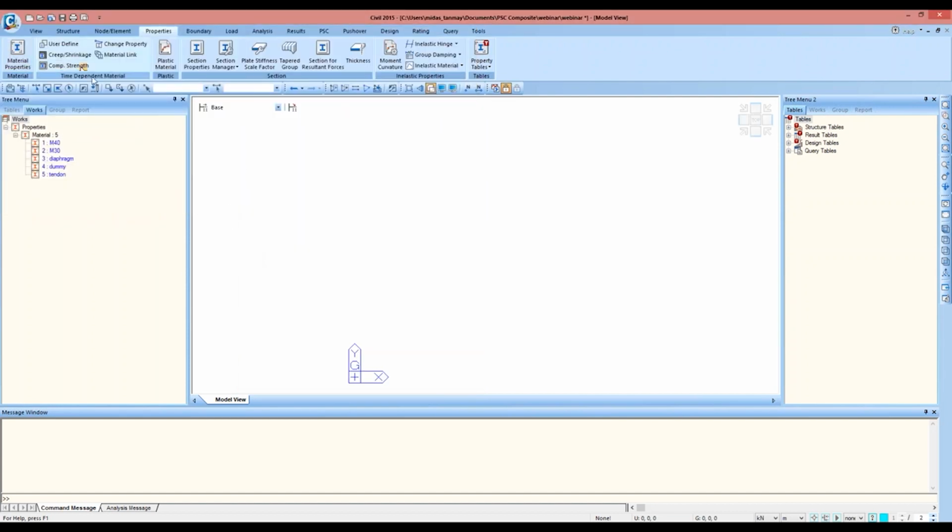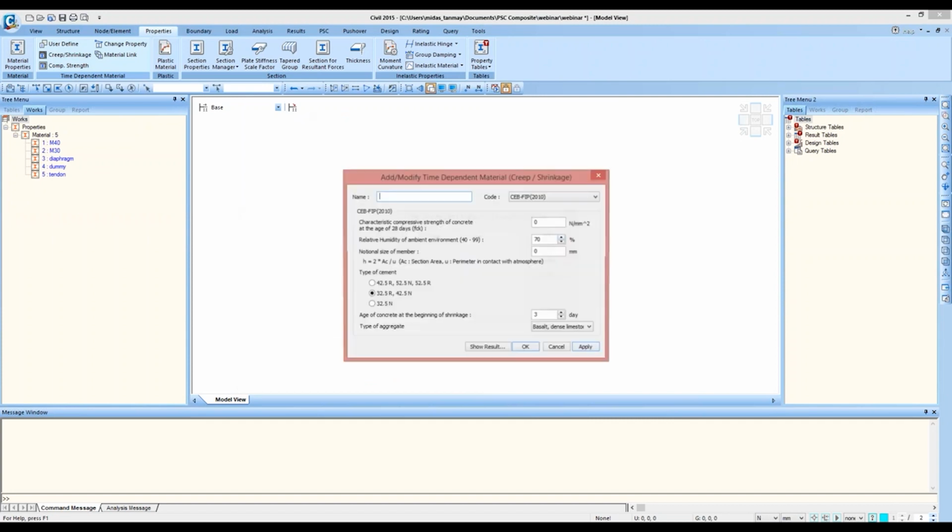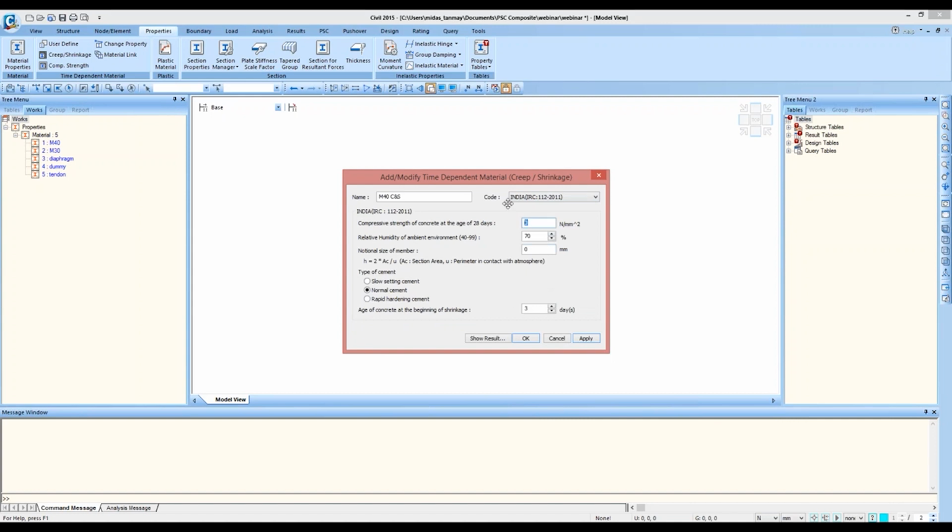Now I'll define the time dependent material properties. But before doing that, I'll change the units to Newton millimeter. Now I'll add the creep and shrinkage properties. Add. And first of all, for M40, creep and shrinkage as per IRC 112, compressive strength at the age of 28 days will be 40, 70% humidity, and this notional size is dependent on the cross section.